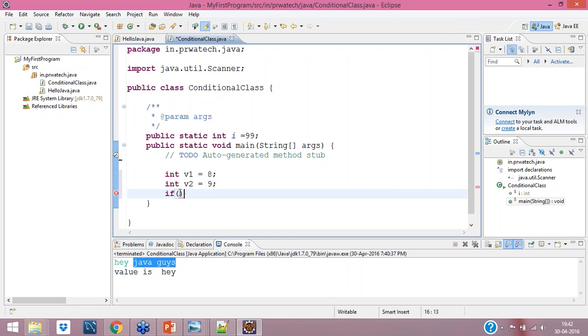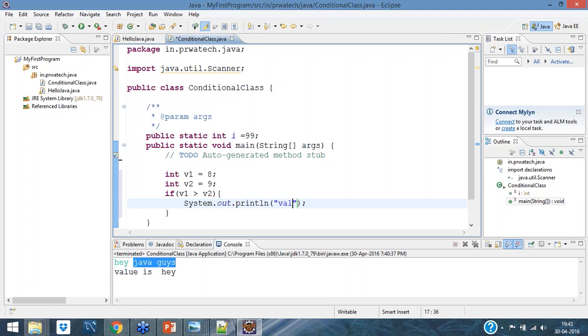So if v1 is greater than v2, then print value is greater.